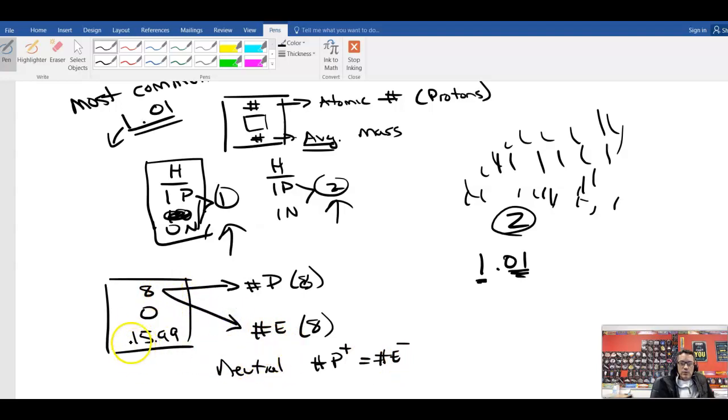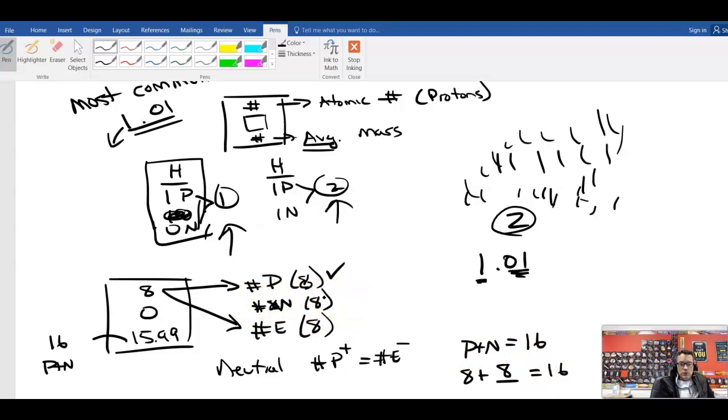Now this number, again, remember, this is our average mass, so if we round this, we could round this to 16. That means there's a total of 16 protons and neutrons added together. So protons and neutrons equals 16. Well, we've already determined, right, that 8 of these are protons. So 8 plus what is 16? 8 plus 8 is 16. So we would know that there's